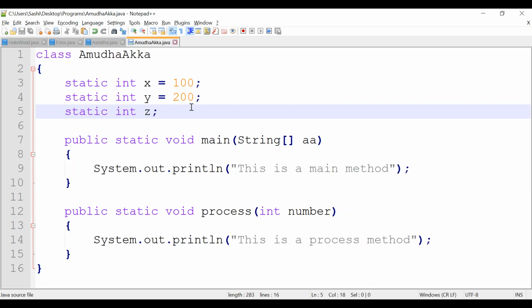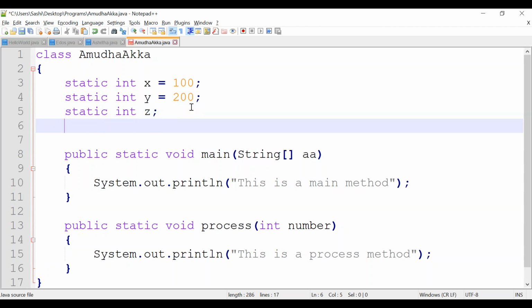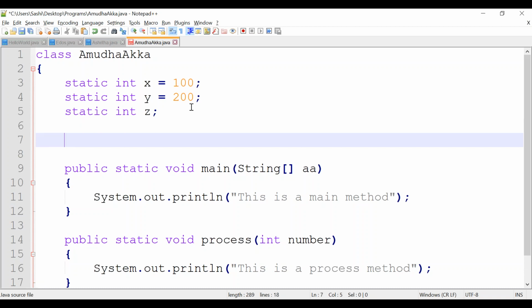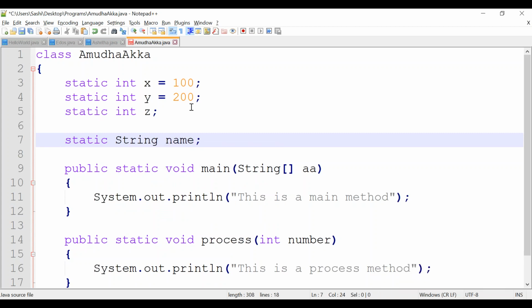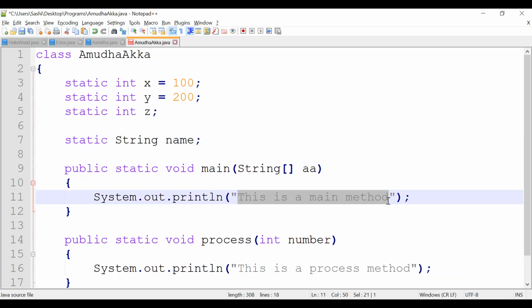One of the points we missed is that we have seen primitive data types, but we didn't see any derived data type. Consider you are declaring a static String variable, going with name. Suppose you are printing the variable. What will happen here?